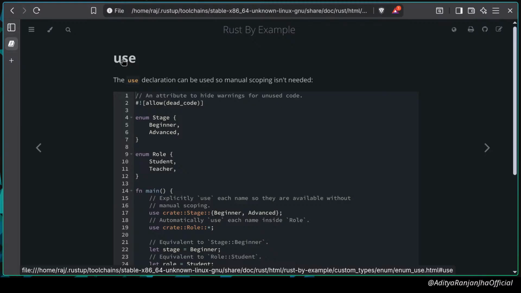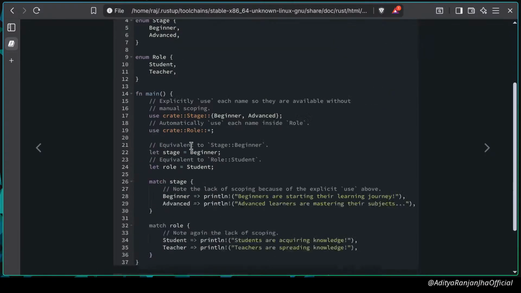Let's say in Node.js we have to import some module like WebSocket. What will we use? We'll again use import. How about C? In C, we want stdio.h. How will we import that header file? We'll use hash include. So in Rust, we use